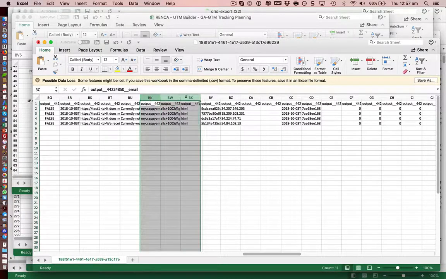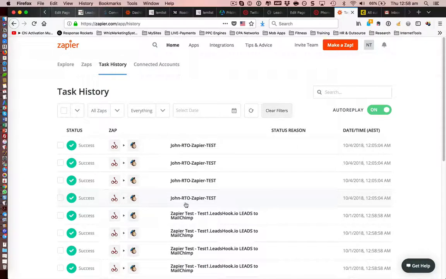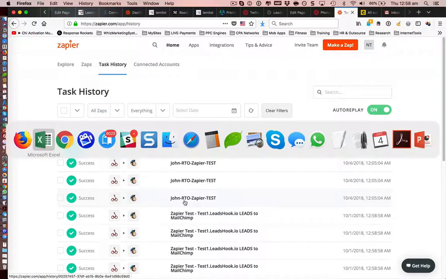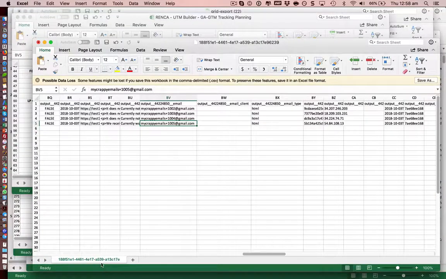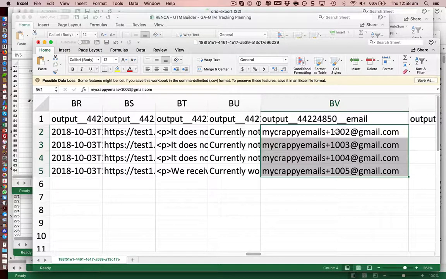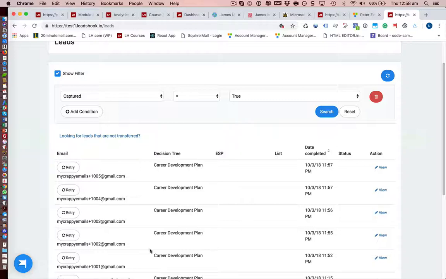Let me just expand that. So you can see it's showing 2, 3, 4, and 5. So it's showing these top 4, but 1001 is missing. Sorry, let me just make it a bit bigger. Right, so you can see that 2, 3, 4, and 5 have transferred over, while I have 1, 2,